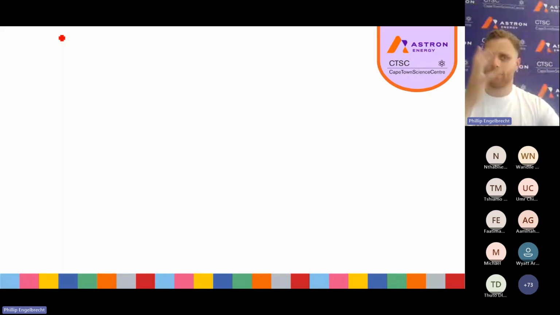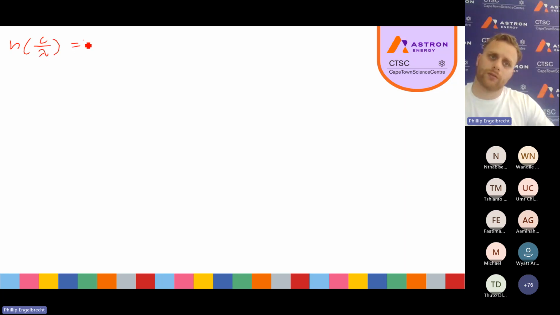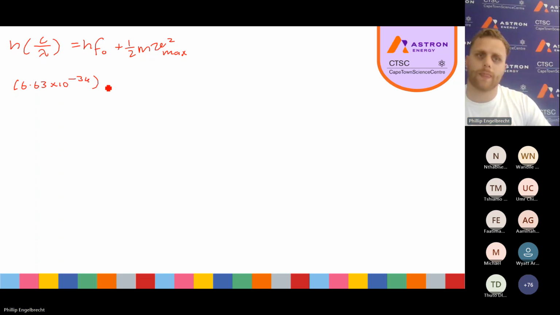And with photoelectric effect, the numbers that you have to sub in are very, very small numbers, okay? And then the speed of light is quite big. So I firstly know that h times c over lambda is equal to h times f0, where h is Planck's constant, plus 1 over 2 m times velocity squared, or your maximum velocity squared. Now we substitute it in. This becomes 6.63 times 10 to the power of negative 34 multiplied by 3 times 10 to the power of 8 over